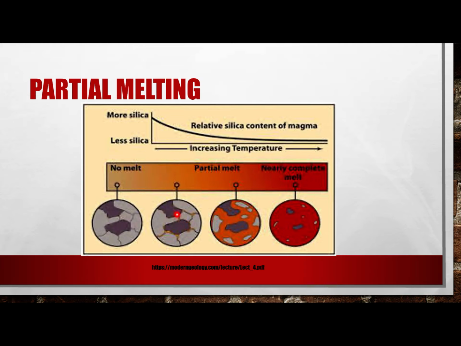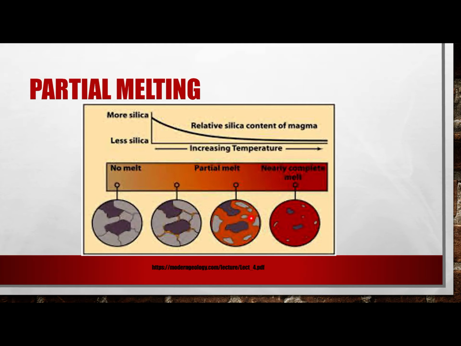We start to get up to 400, 500, 600. Things might begin to melt just a little bit. When you hit that 800 to 900 mark, you're starting to get some material leaving. You're starting to get quartz and some of the others that'll melt away, and then finally you'll reach a point where it gets hot enough, everything melts. So partial melting is picking apart the parts that melt first. Each and every one of these pieces begins to melt at a different temperature.